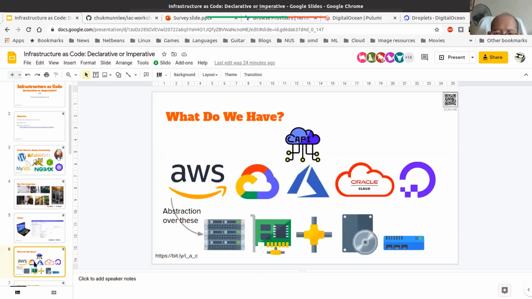Okay. So what actually made this happen? What we have seen over the last 10 years is this: all the hardware, right? All the IT components like your servers, your network, your routers, your hard disks, your firewall, they've all been virtualized, in the sense that they are now being managed by your public cloud providers, or even if you've got VMware running on-prem, they are all being managed by that. So in our case, we are talking about public cloud providers, right? AWS and Oracle, DigitalOcean, etc. And these public cloud providers manage this, right?